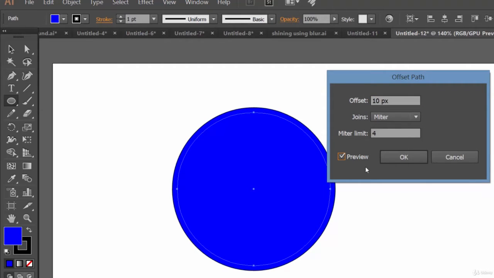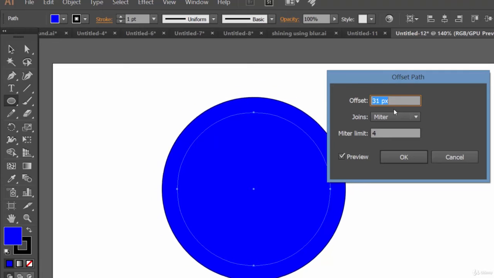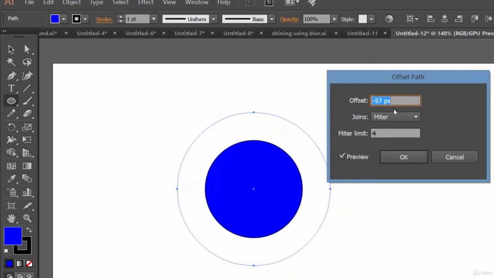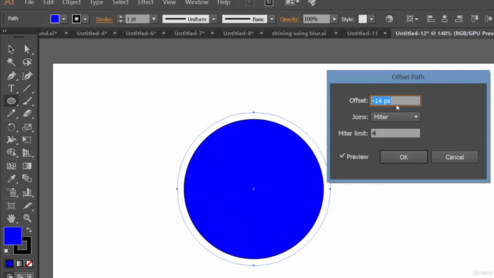First of all, let's check the preview option. And you may think that the size of the circle got increased. Yes friend, because just take a look at this one. Don't bother about these two. What matters to us is Offset, 10 pixel. Just increase its value and see the size of the circle increasing. Decrease it and see the size of the circle decreasing. Do you know where you can use it?